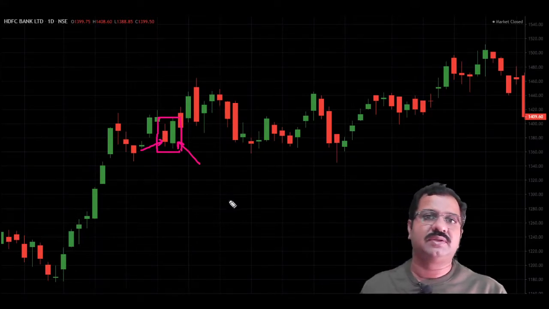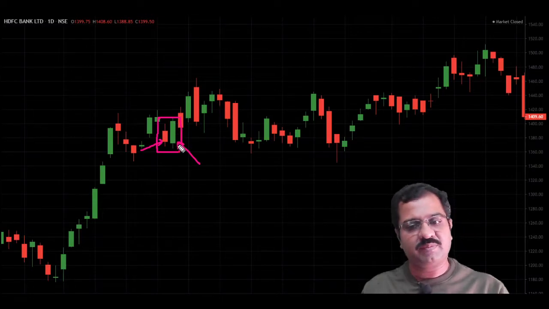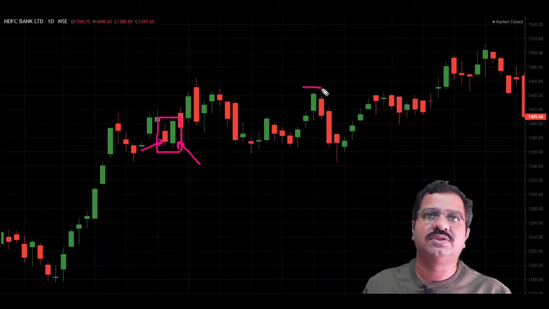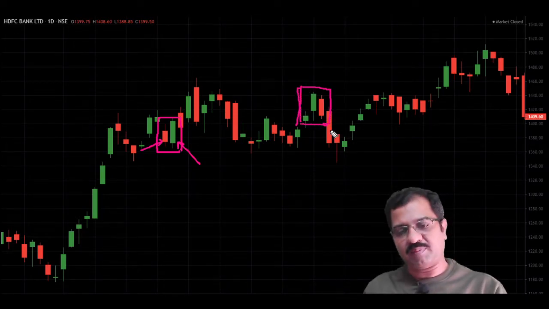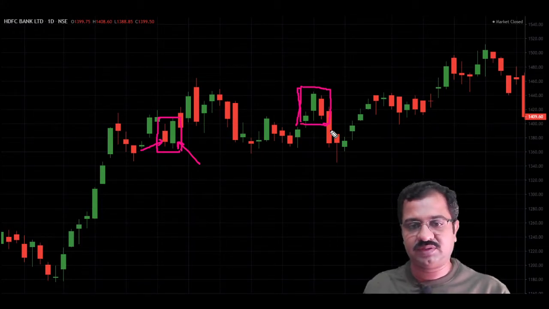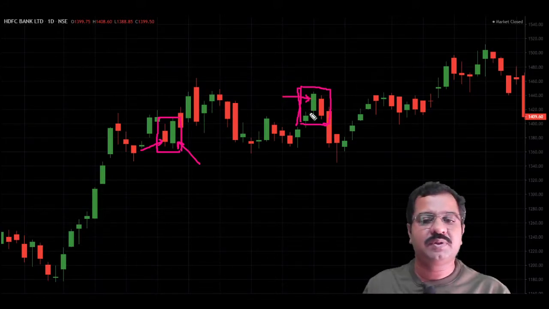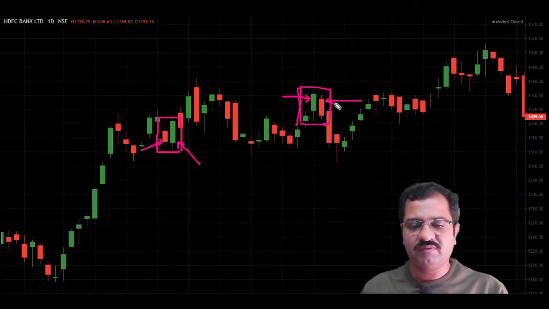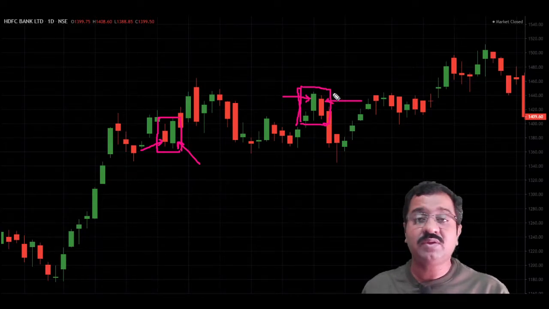Okay, next pattern is bearish engulfing. So first we saw this is bullish, right? Because this engulfing is taking price up. What is bearish engulfing? This will typically happen at the top. So when it happens at top, then it has significance. This green candle pushed the prices up, and it is immediately followed by a bearish candle which pushed prices down. So it turned bearish.